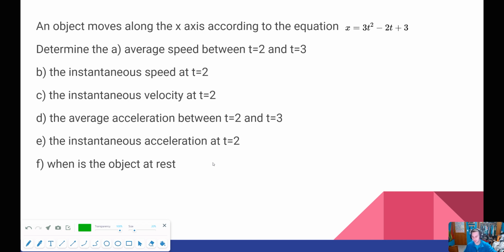Again, go ahead and pause if you want to try this yourself. Otherwise, if you're just here to enjoy the show, you can feel free to. We'll continue on. So we have an object that moves along the x-axis according to the equation x is equal to